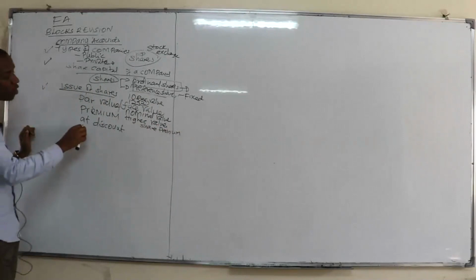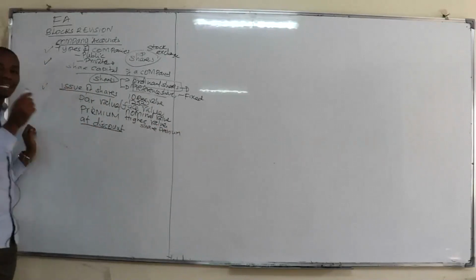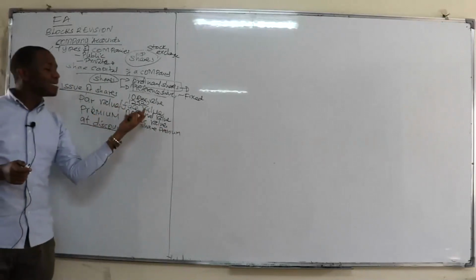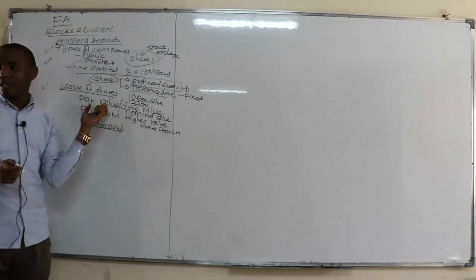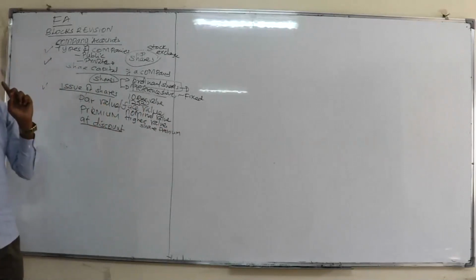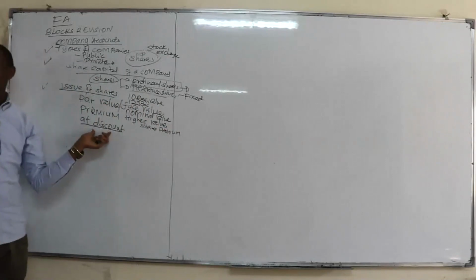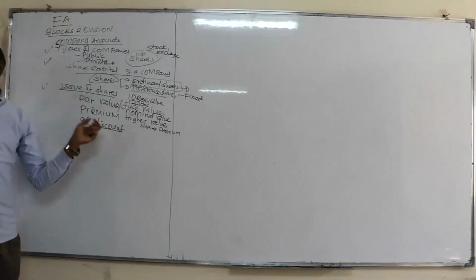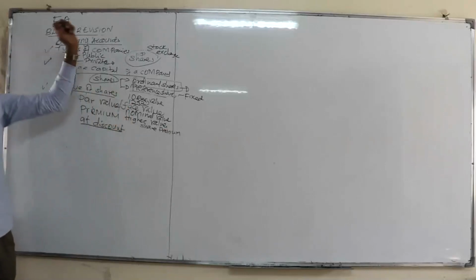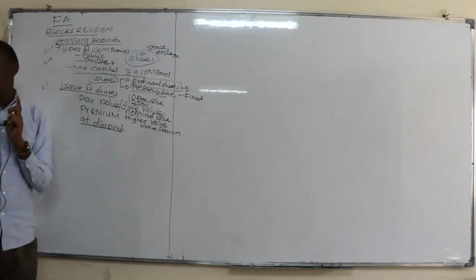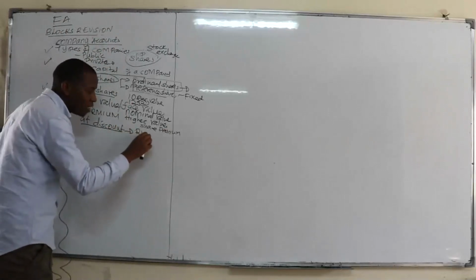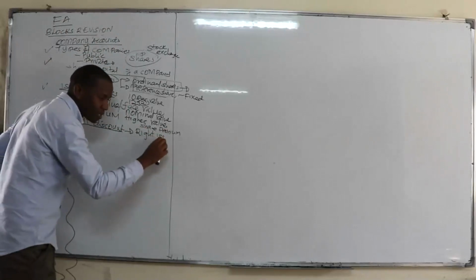Then we have what we call the issue of shares at a discount. Now, when they issue shares at a price that is lower than the par value, that is what we call the discount. However, this is not allowed on the securities exchange. You cannot issue shares at a price that is below the par value, what you have listed on the securities exchange. This one will only be allowed when you are issuing what we call the rights issues.